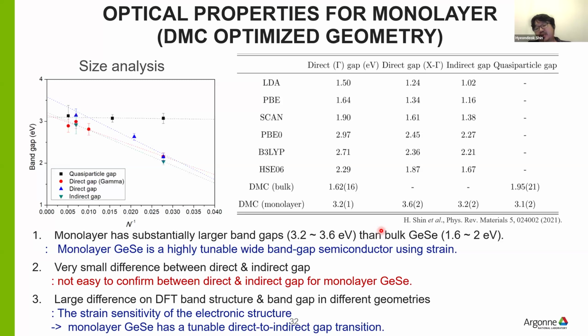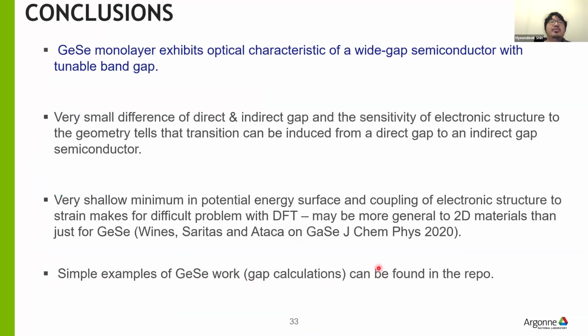This indirect gap, direct gaps can be tunable with the strains, and we just give some expectation to this monolayer germanium selenide has a tunable direct to indirect gap transition. Here are the quick summaries for the conclusions. The germanium selenide monolayer exhibits the optical characteristics of a wide gap semiconductor with tunable band gaps, and we see